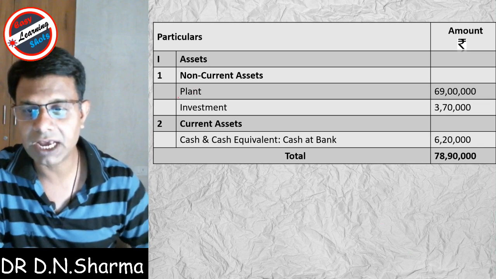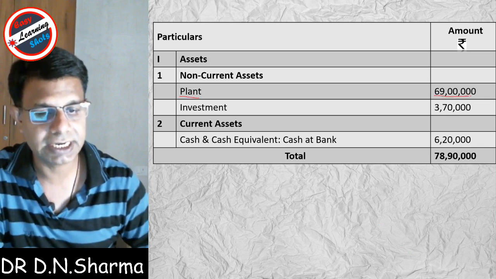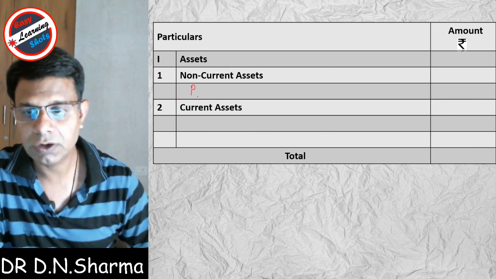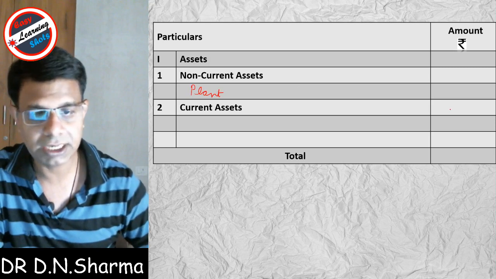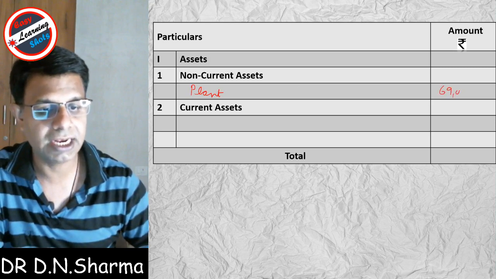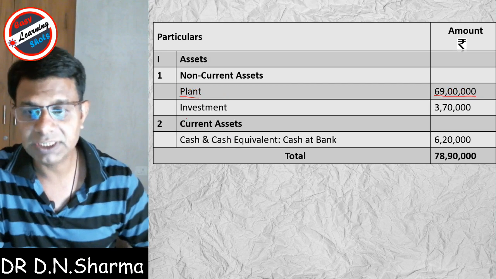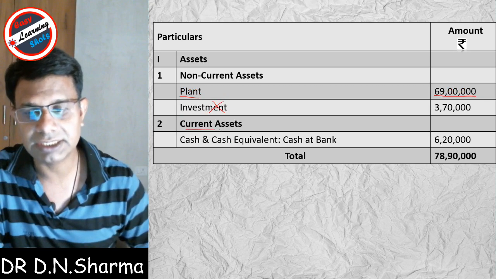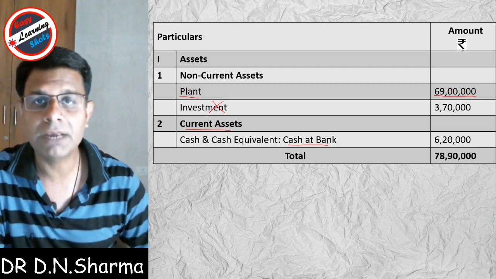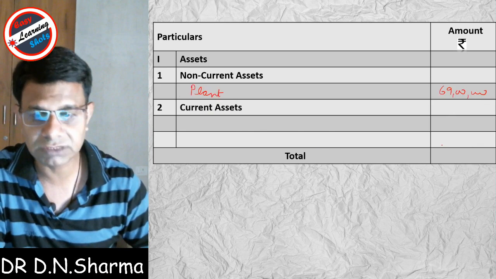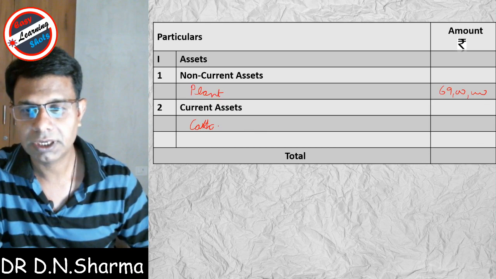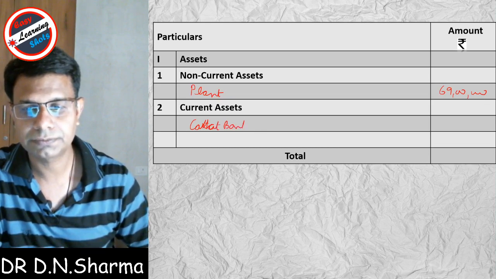Here in the asset side, we have plant in which we have a balance of 69 lakh. No adjustment is done, so we exactly write this amount. In non-current assets, we have a plant which has a balance of 69 lakh. Now investments are sold for redemption of preference shares, so we do not write this amount. Under current assets, we have cash at bank or bank balance of 6,20,000. So first we write this amount, cash at bank, we have a balance of